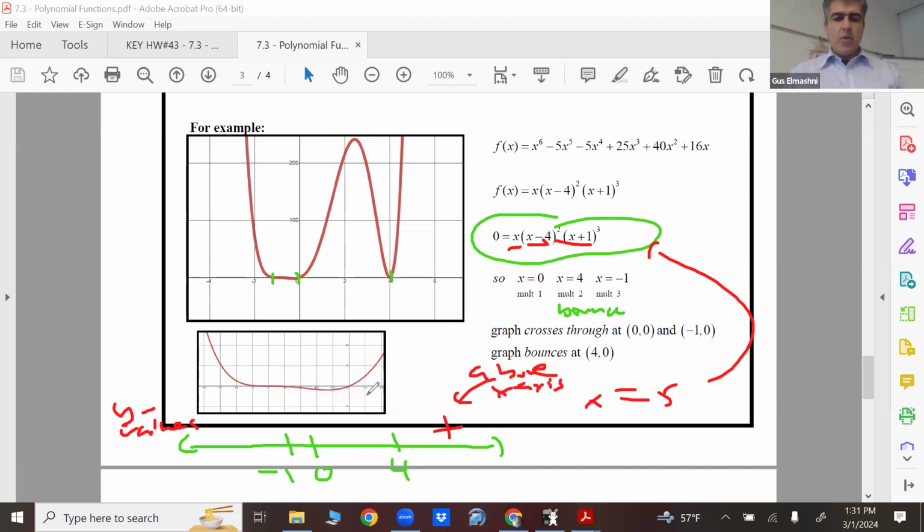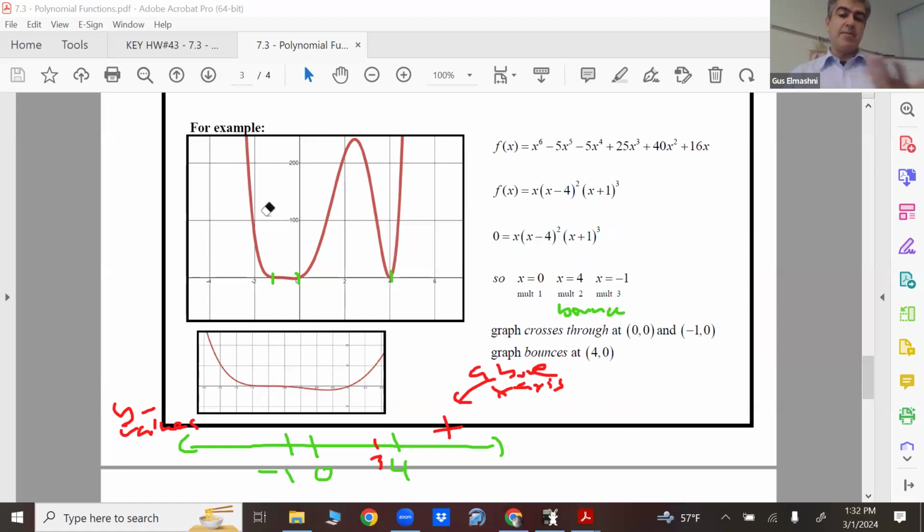Now here's the deal. What if I plug in a number between 0 and 4? Say like 3, for example. And how am I creating the sign chart? Based upon the x-intercepts. The x-intercepts help define the sign chart. So it's like a number line analysis. Don't know if this was covered in Algebra 2 with you guys. I know I covered it in my Algebra 2 class, but there are 3 different teachers, so I don't know. But if I plug 3 in,